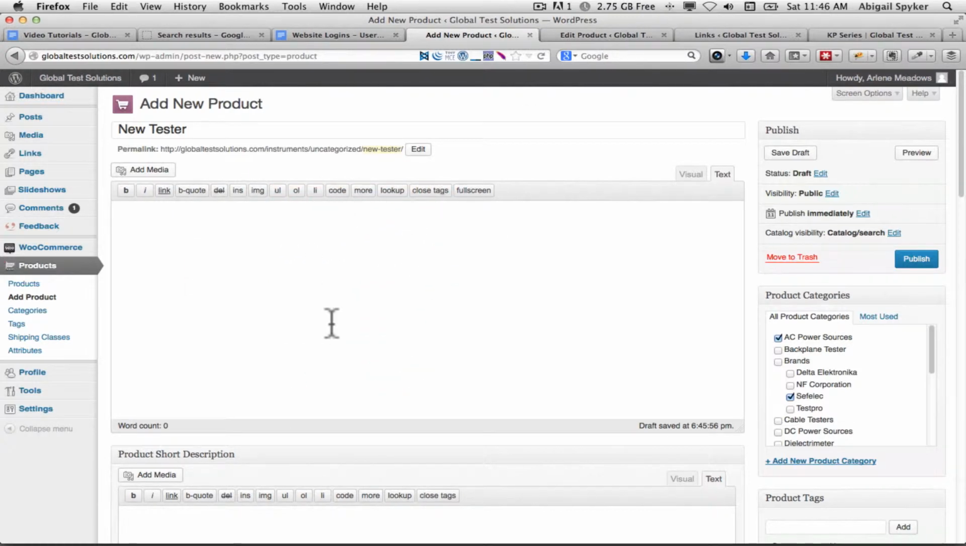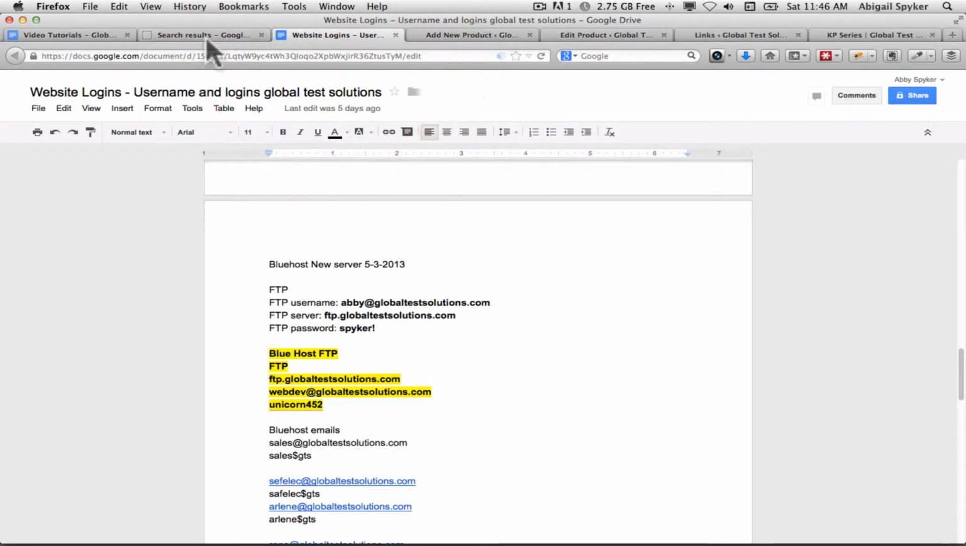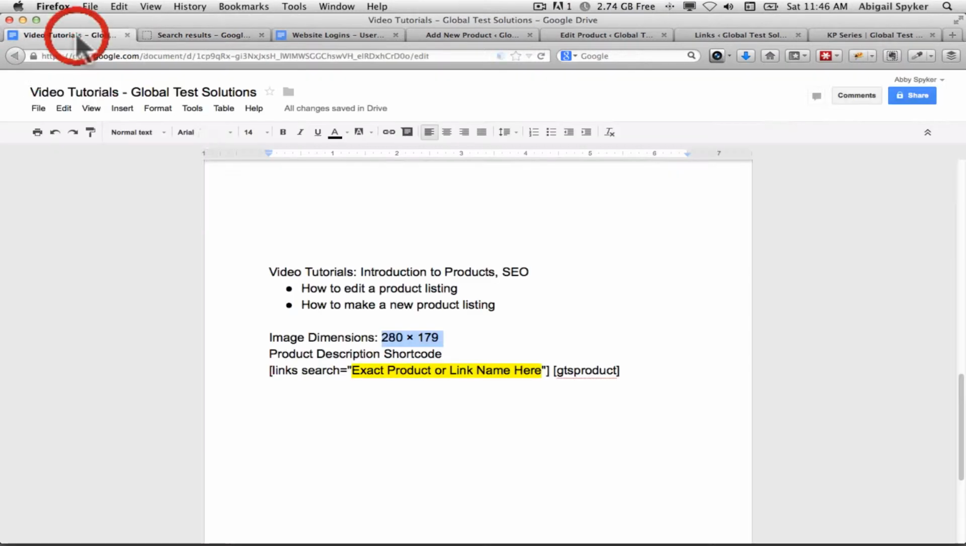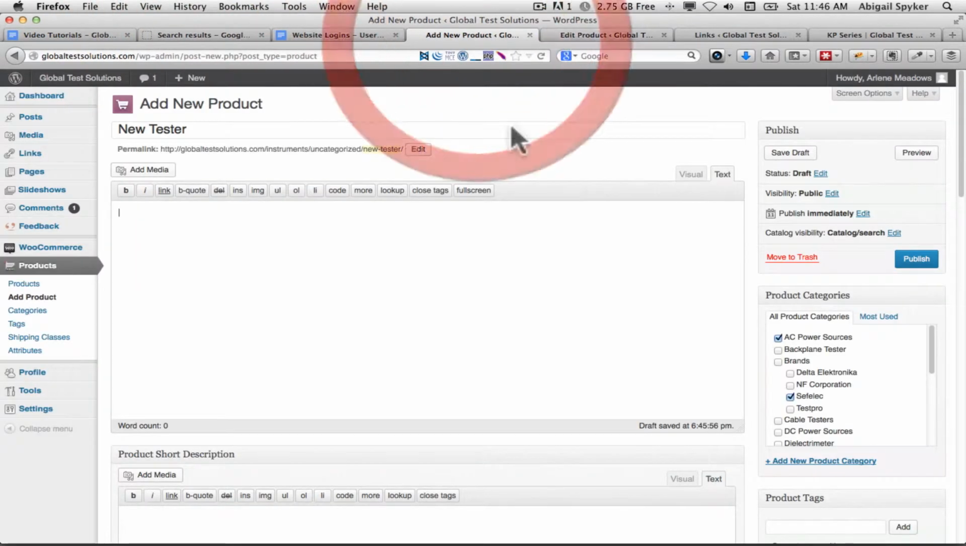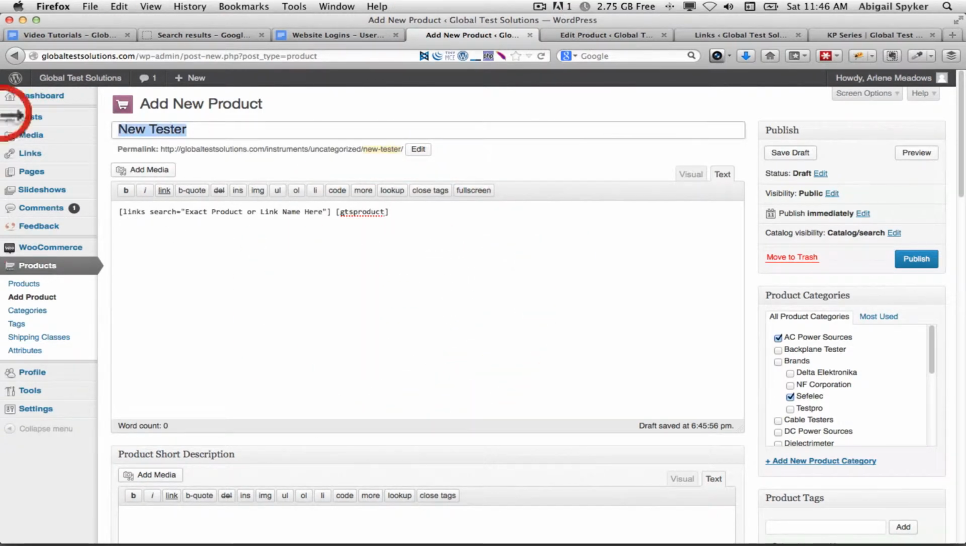Now, how do we figure out what that little shortcode is that goes in here? Well, it's easy. Just come to this tutorial document, and I've got the shortcode written out here. So just copy it and see where it says exact product or link name here. That's the only piece that you're going to have to change from the code. So come back to the area here, and I'm going to copy the name of the product, new tester, paste it in here,